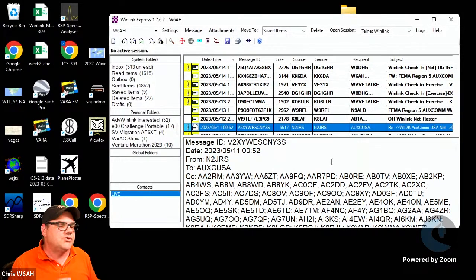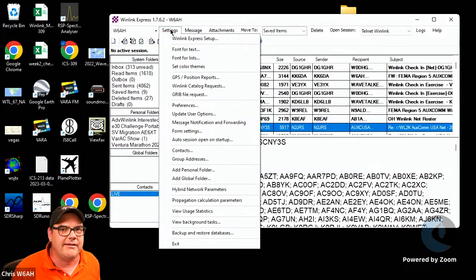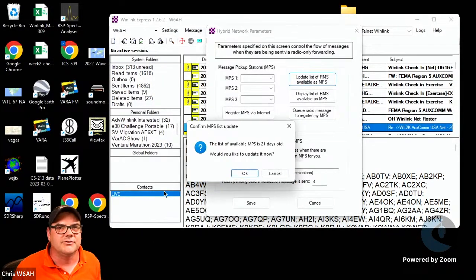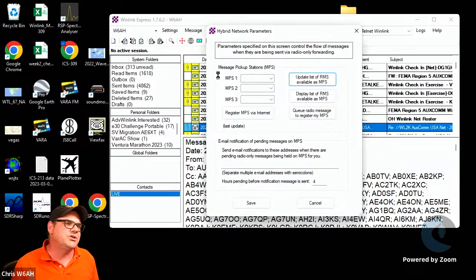We've not gone into radio only messaging on our show because mostly there's not enough bandwidth on the ham bands to effectively use radio only messaging. It really requires a lot more bandwidth. It can really tie up the system. But the biggest key to making that work is here under the settings menu inside of Winlink. If you come down here, there's this option for hybrid network parameters. And if you select that, what you're able to do is set what you want your message